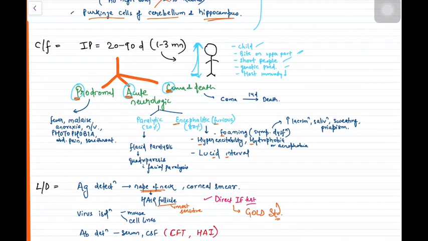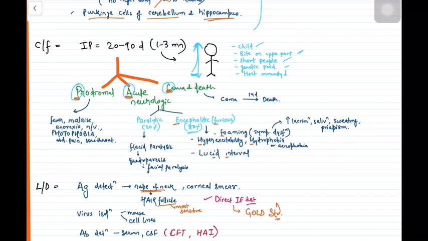Then in the neurological phase, there can be 2 extremes. One, if the person is completely paralyzed, and the other if the person is completely hypermobile, very much aggravated, very much furious. We call that the encephalitic phase or furious rabies, and that is the case in most of the people.